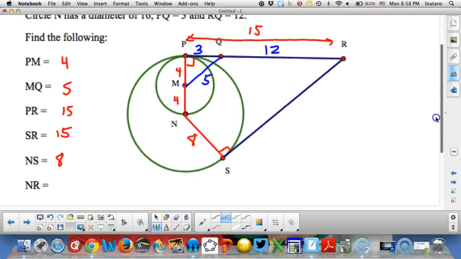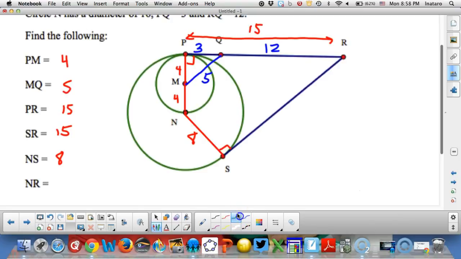And we have one other segment here, NR. So let me draw NR. NR is this segment here. And if you notice, we have a right triangle where the legs are 15 and 8. And the hypotenuse is NR, and you might recognize 8, 15, 17 as a Pythagorean triple. So NR is 17. You might want to pause the video for a moment so that you can find the notes